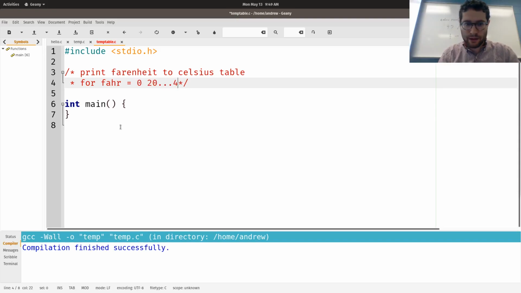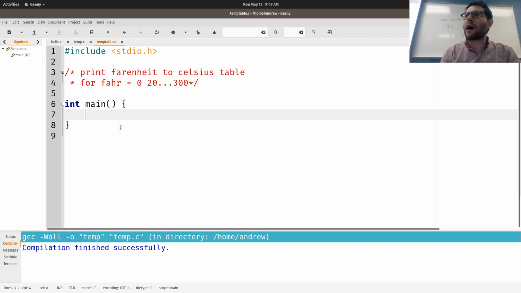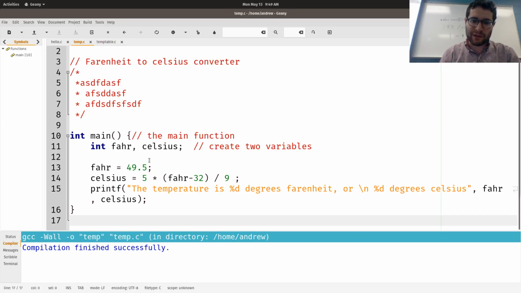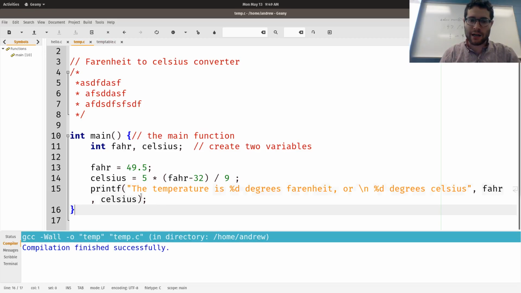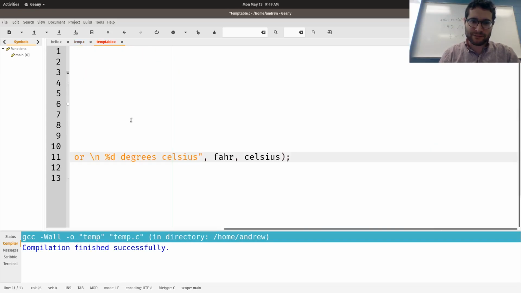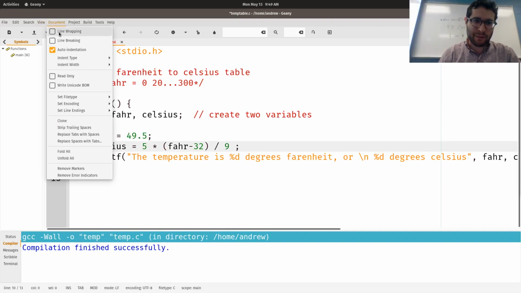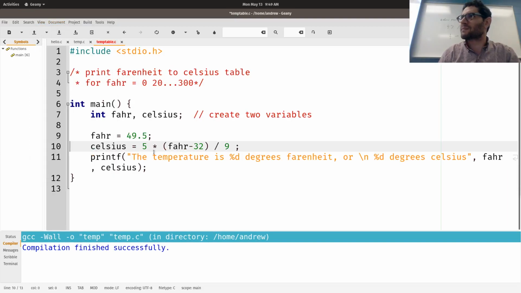So here I'm going to print multiple values. Here's the thing: I could print multiple values just by doing a lot of copying and pasting. I could say, if I want to figure out the Fahrenheit... So don't do what I'm just about to do. I'm just trying to show you, so don't copy this because I'm going to delete it pretty much immediately.